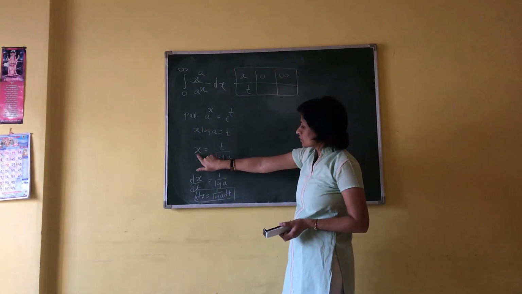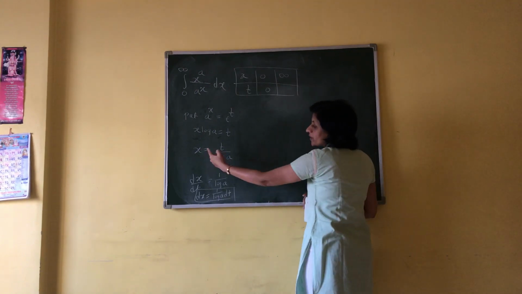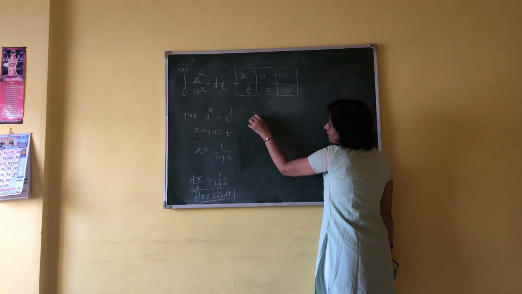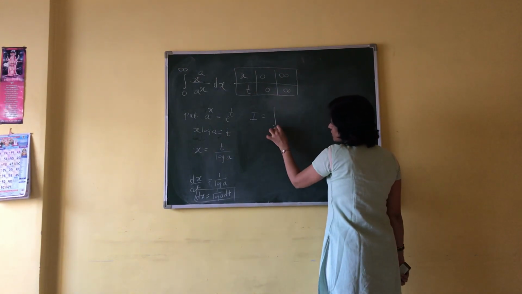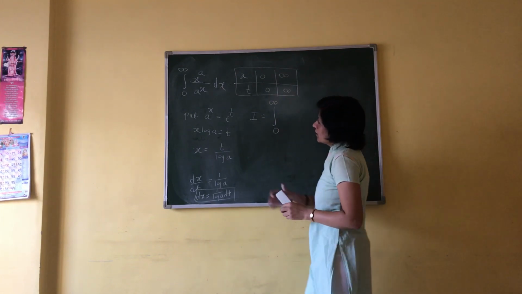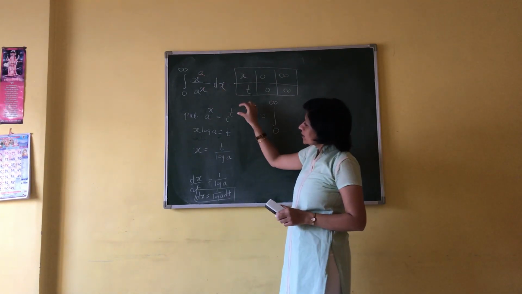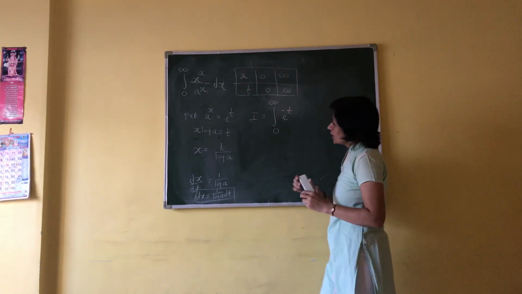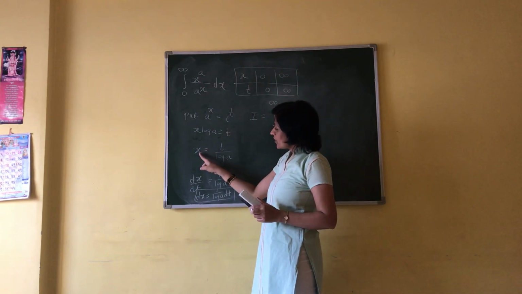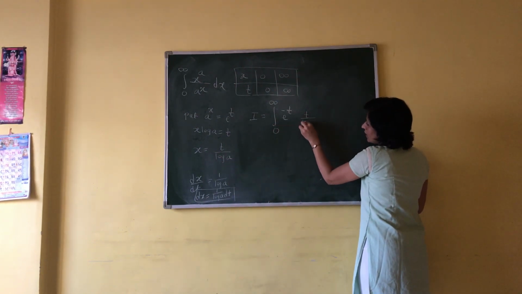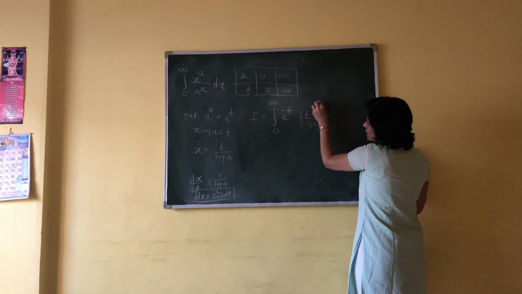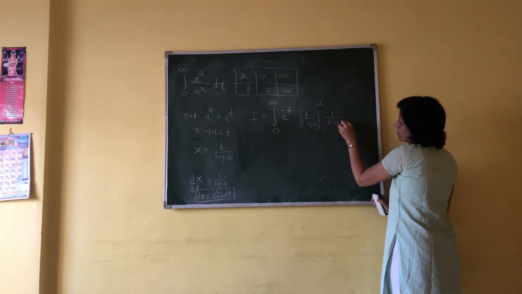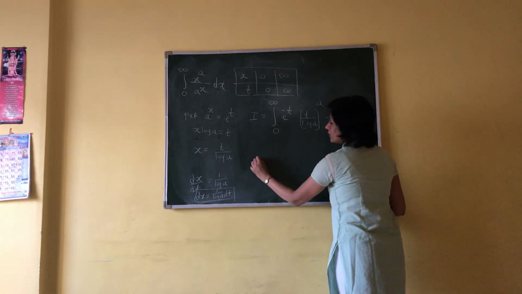First value of x is 0, 0 into any value is 0. Second value of x is infinity, infinity into log a is infinity. Therefore I becomes integration t varies from 0 to infinity, 1 upon a raised to x, but a raised to x is e raised to t, and 1 upon e raised to t is e raised to minus t, into x raised to a, but x is t upon log a, bracket raised to a, into dx, and dx is 1 upon log a into dt. Therefore I is equal to